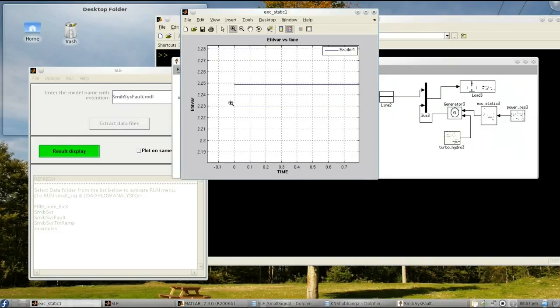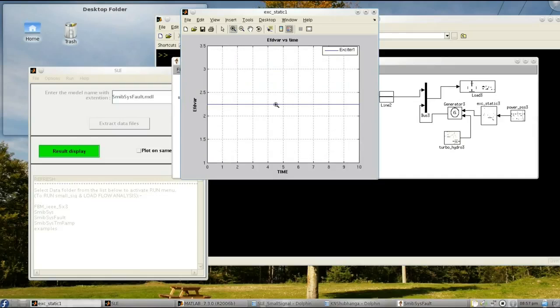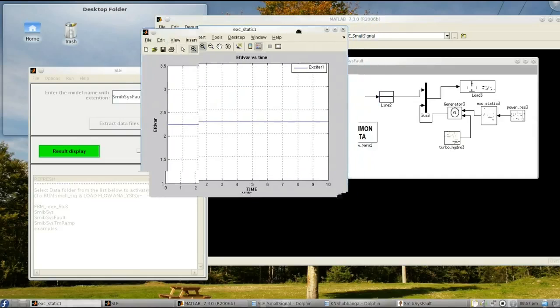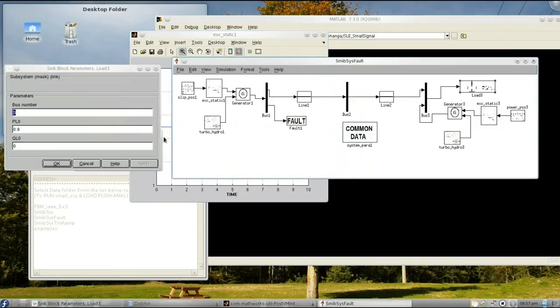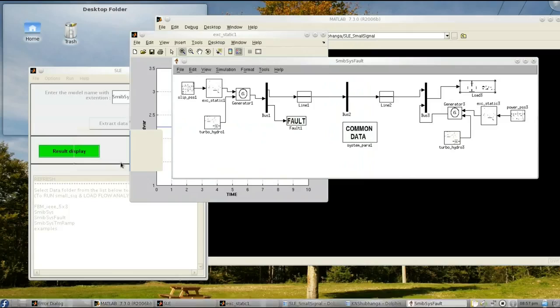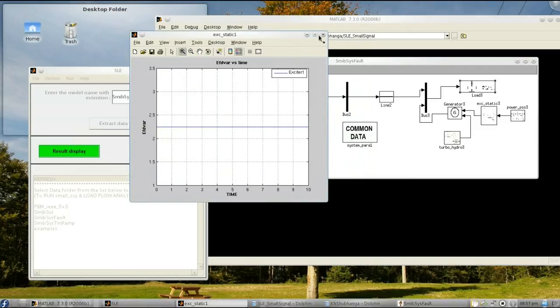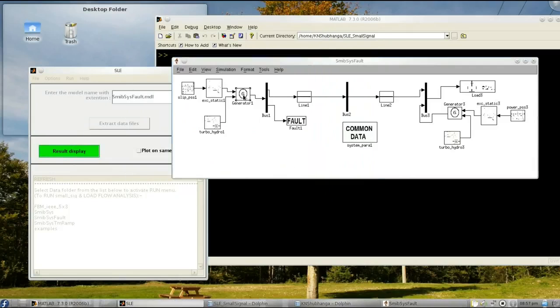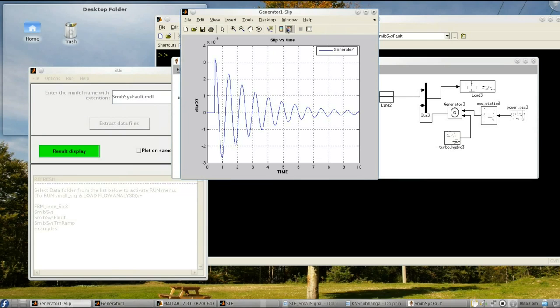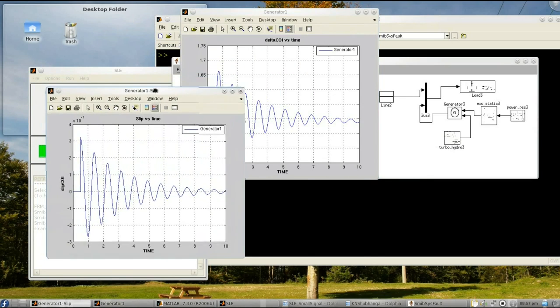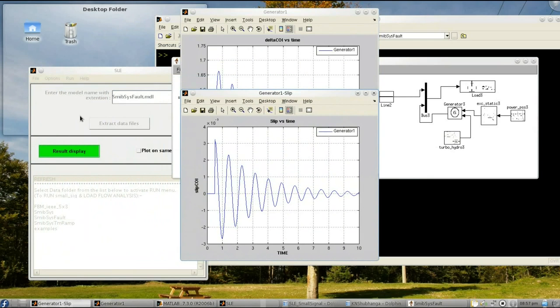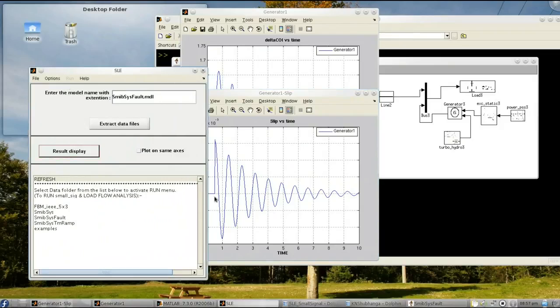The excitation is constant and it is higher than the previous value since we have increased the load to 0.9 per unit. Also it signifies the manual control operation of excitation to the generator. So the slip and rotor angle trajectory again consists of damped oscillations.